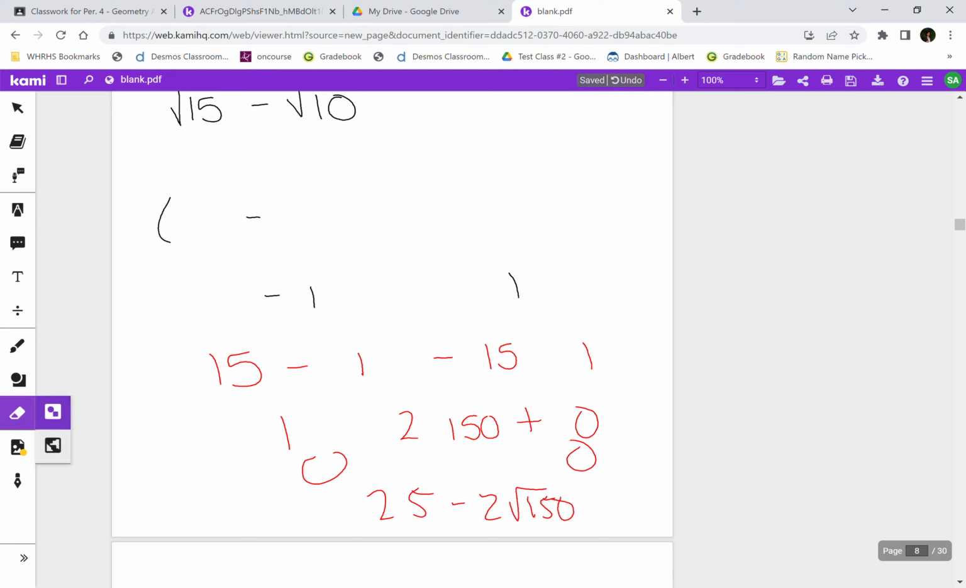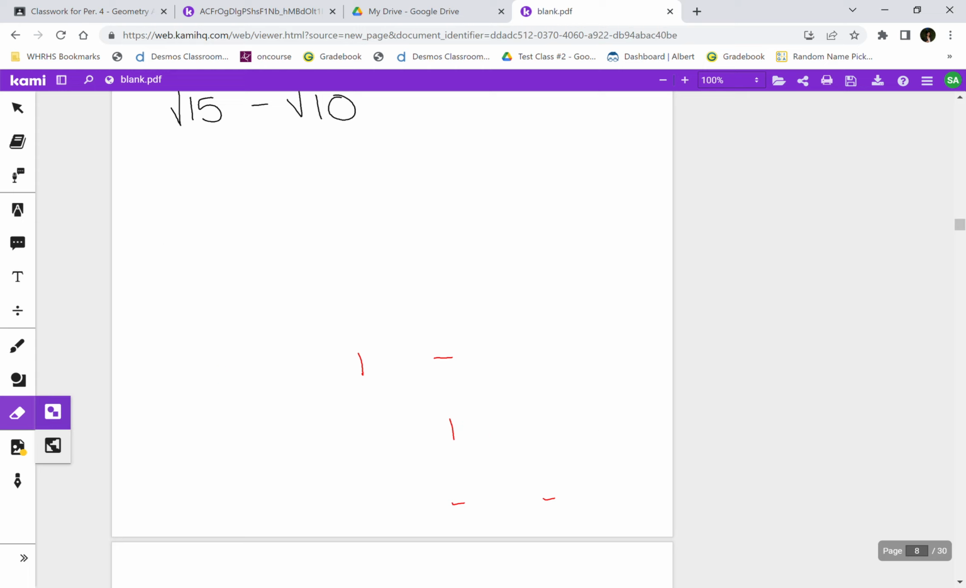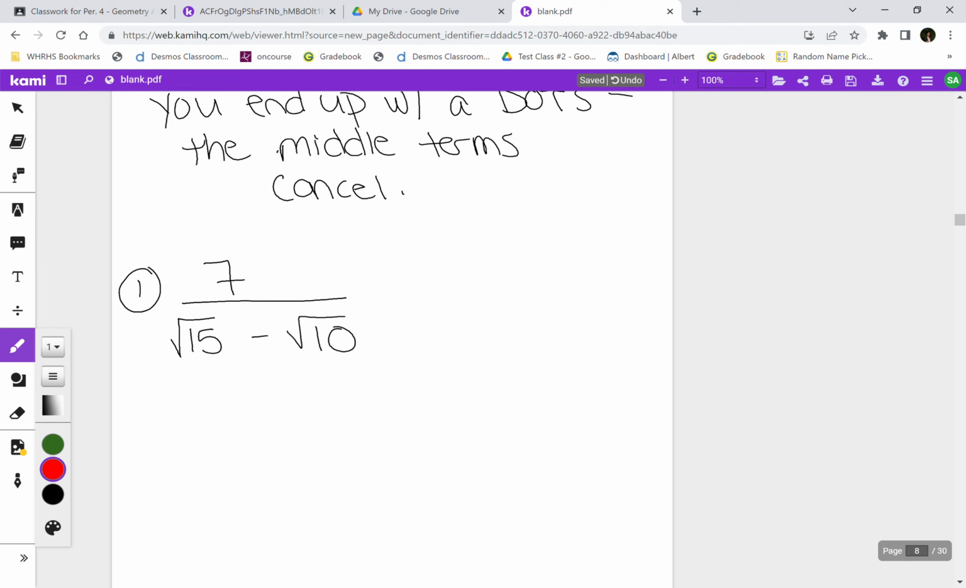We need that middle term to cancel out. So we're not going to multiply it by itself. What are we going to multiply it by so the middle term cancels out? Its conjugate. We are going to multiply by its conjugate. So when you multiply by its conjugate,